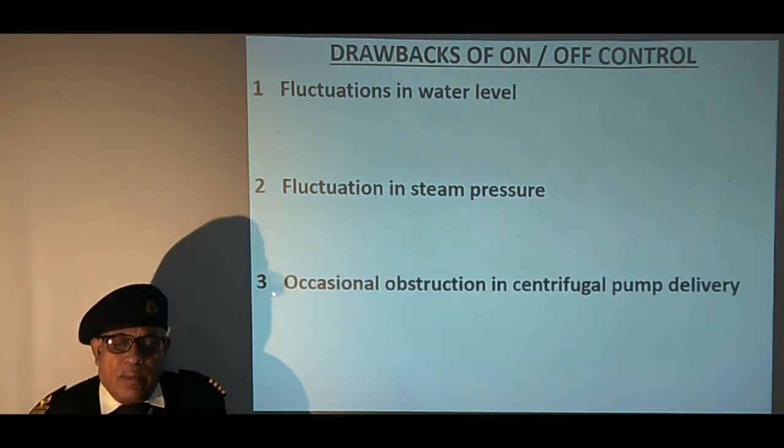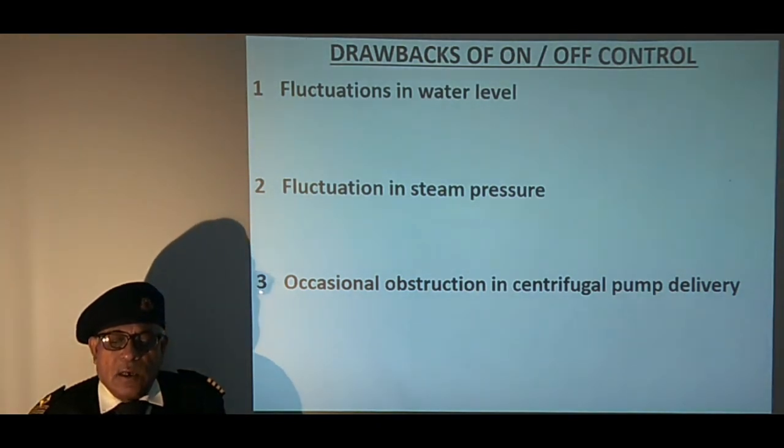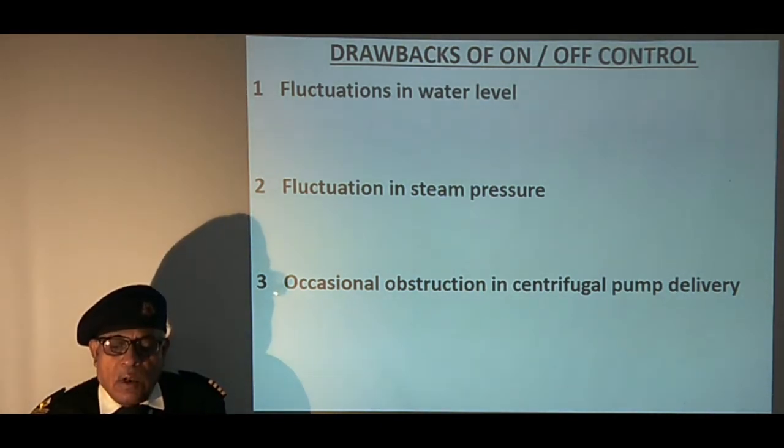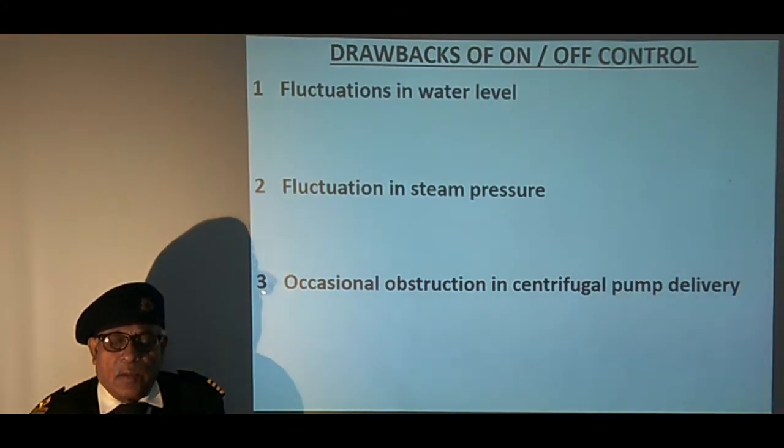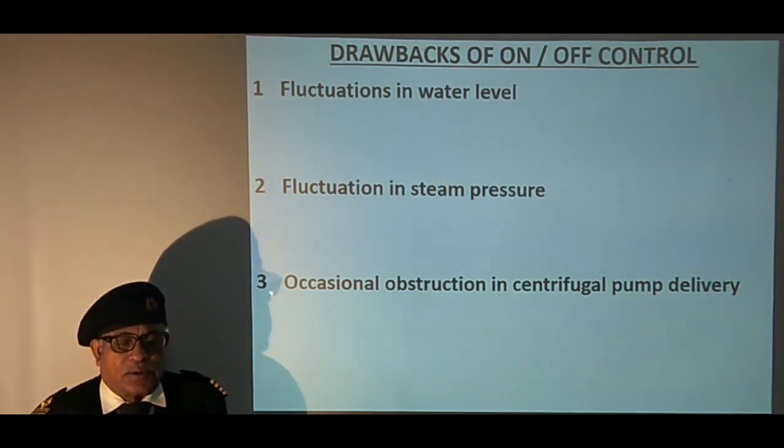Sometimes the pump may not deliver the water on restarting due to formation of vapor in the casing, caused by a leaky check valve when the pump is standstill, and may require priming. Due to this drawback, it is not suitable for use on UMS ships.